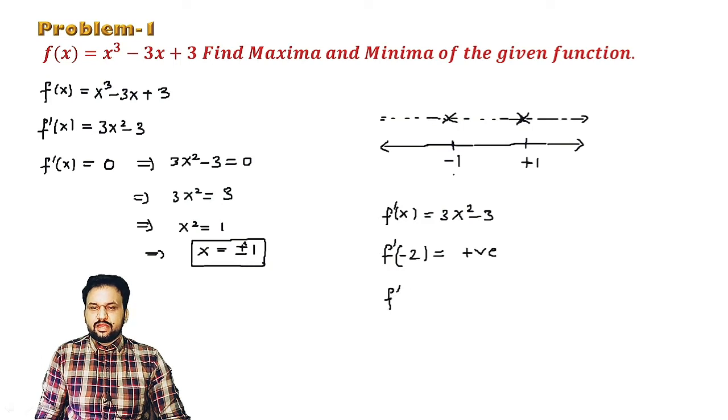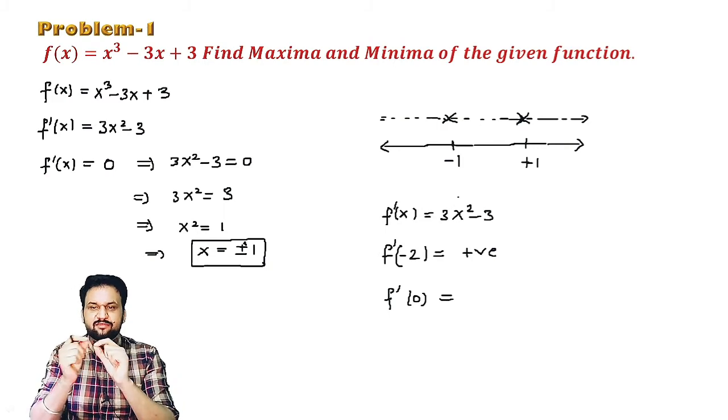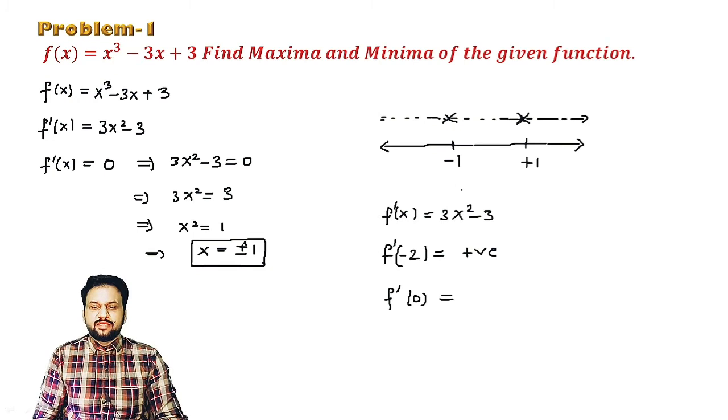And now I'm going to find some value taking from -1 to 1, a good value is 0. You can replace 0. Any value you can take. If you want to take a point in decimal or fractions, there is no problem, but we will choose a value that will be easy for us. So f'(0) gives you a negative result. After 1, you can replace 2, and again you get a positive result. So you can see here your function's derivative is positive, here is negative, and here again positive.